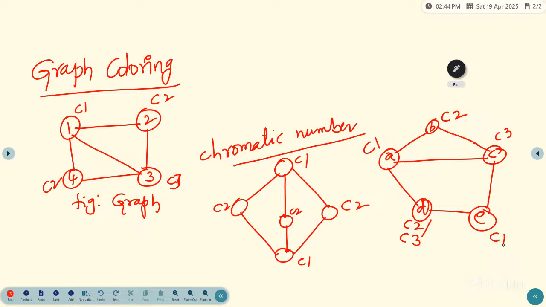We want to discover whether the nodes of the graph capital G can be colored in such a way that no two adjacent nodes